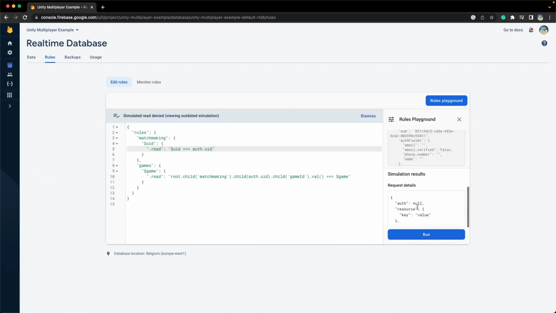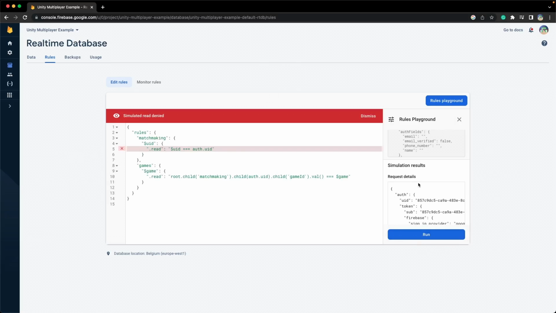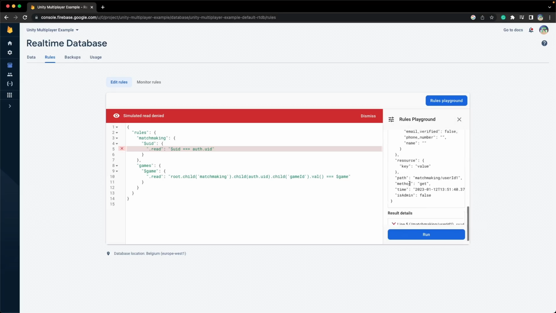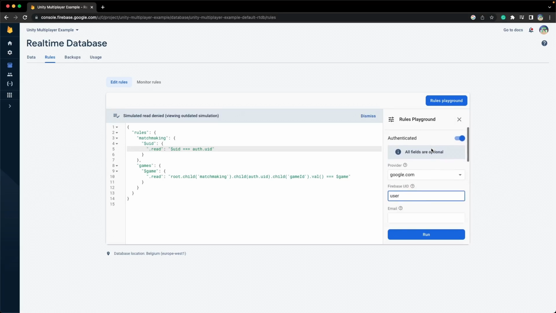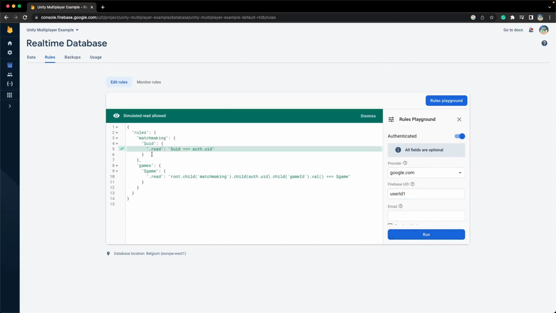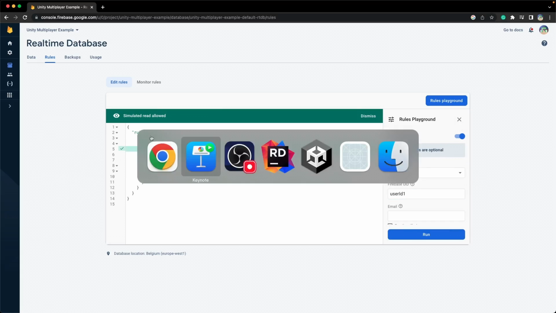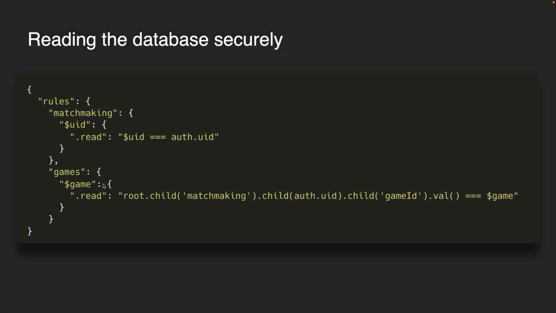If I try to authenticate and run it, it's still going to be denied, because I'm authenticated, but not as a certain user ID. If I change the user ID to exactly what I'm trying to get, so user ID 1, only then will I be allowed. So this is how the matchmaking rules work, and then we have a much stricter rule for the games,